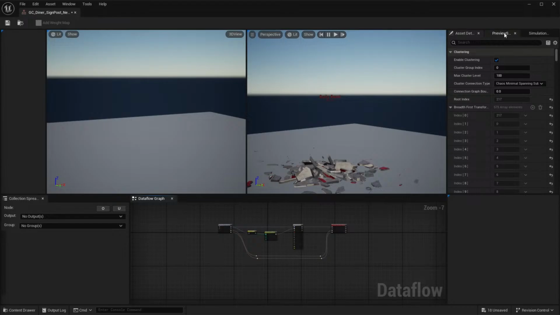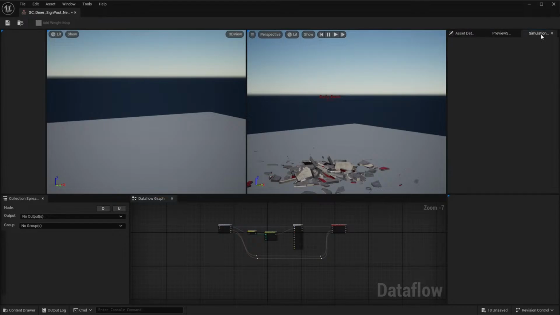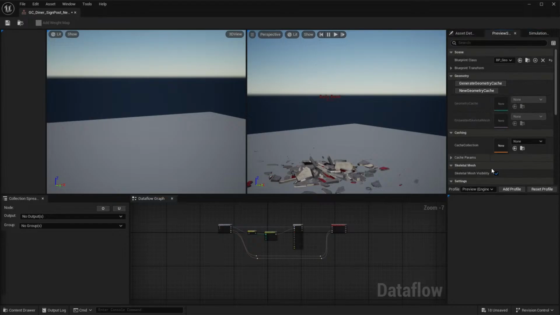It's worth noting that you can record the simulation. You can play it back. There is a record and caching mechanism, so you can cache and then scrub back through it, or save the cache and use the cache baked results. It's all built in right here into the same window.